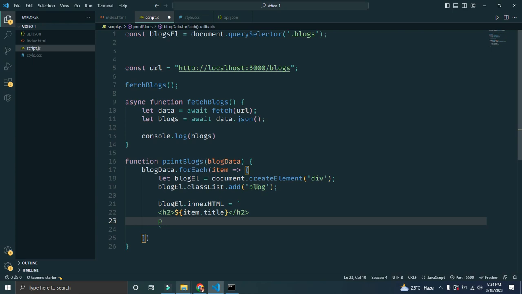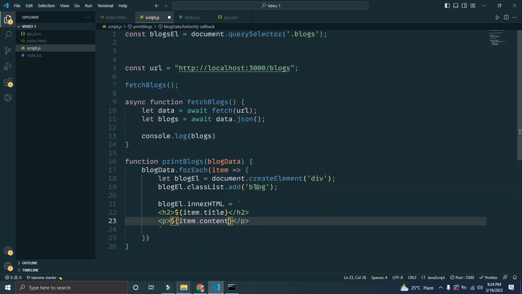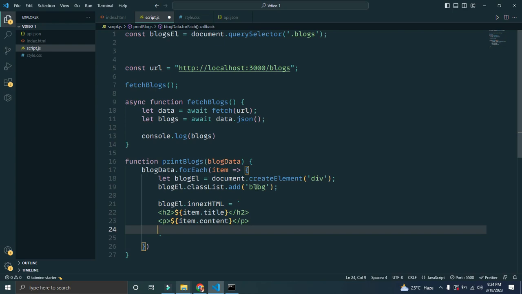Then after that I need p, and in that I need item.content. After that I need an anchor tag, and in the anchor tag I need "more...", and here I need href is equal to